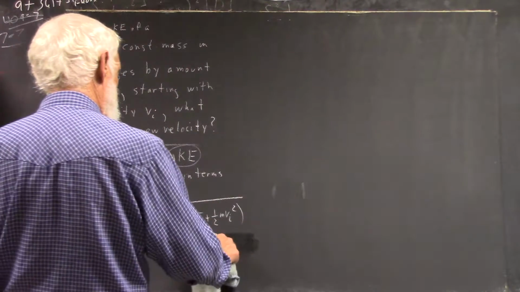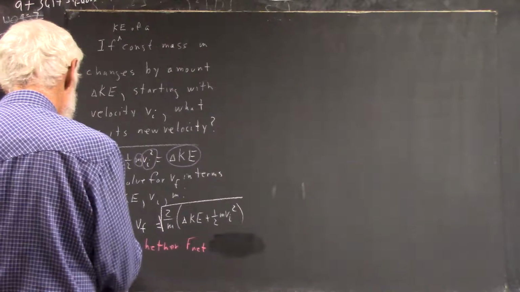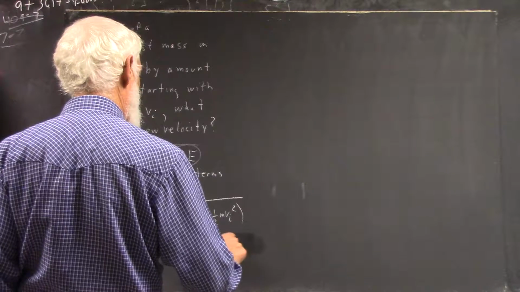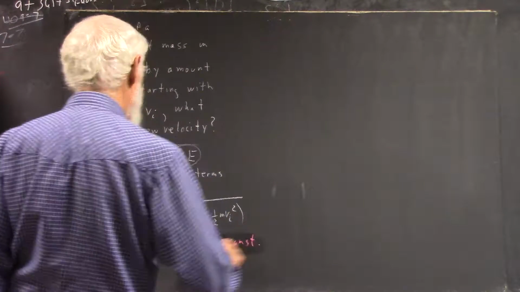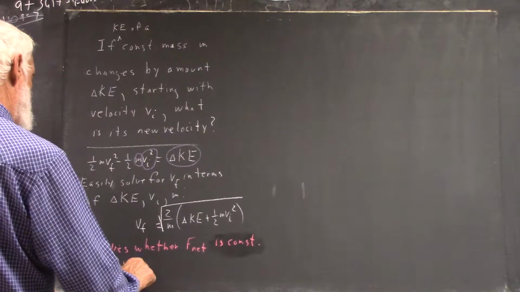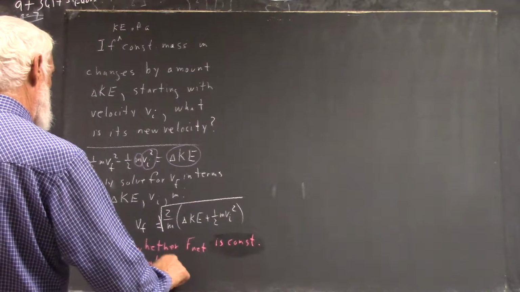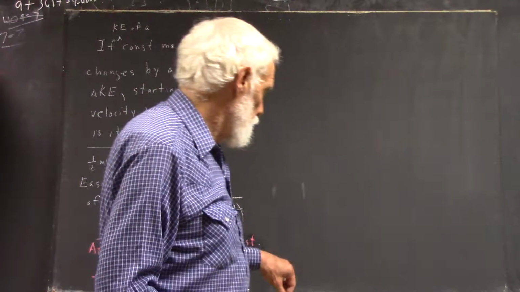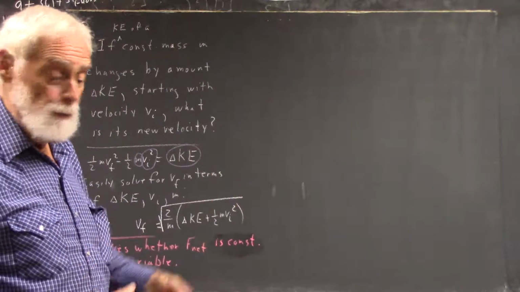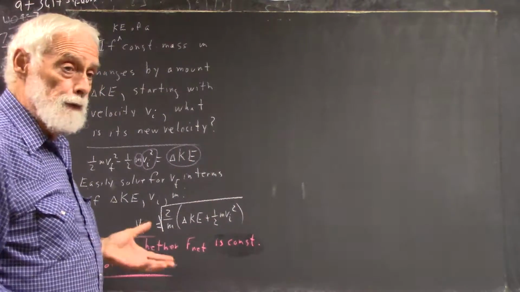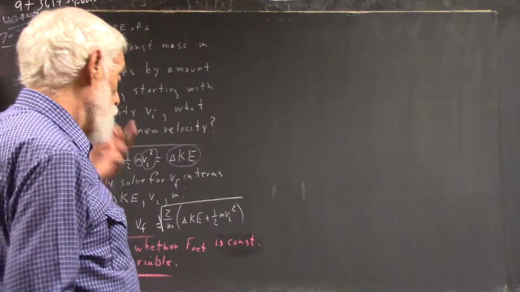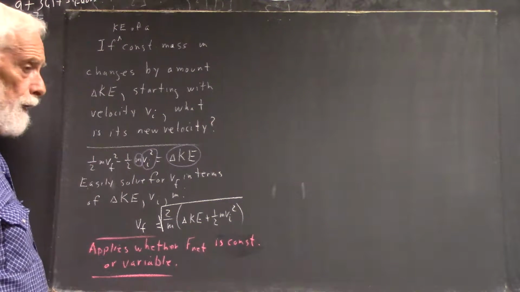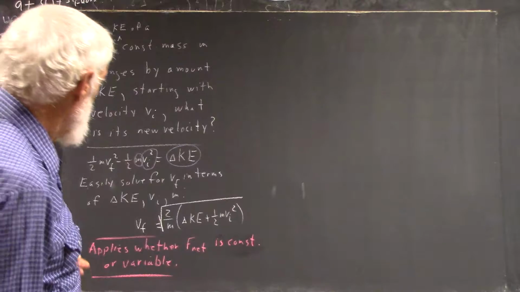We don't want to get there yet. So I'm going to say this applies whether F net is constant or variable, because the whole statement that change in kinetic energy equals work done by the net force is easily enough derived using calculus. Okay? Right now, we're just going to go with this derivation. I'm going to assert this, and then we'll do a calculus derivation later. It's very simple. Okay, so